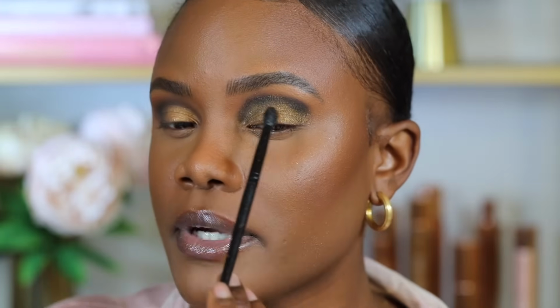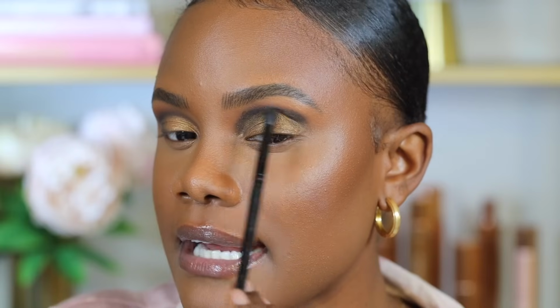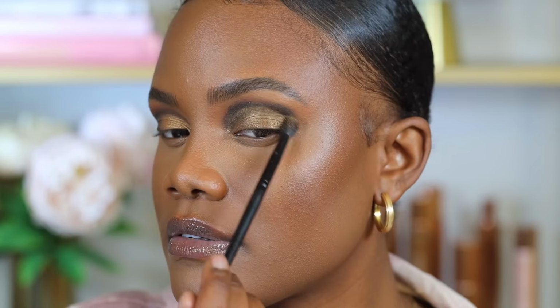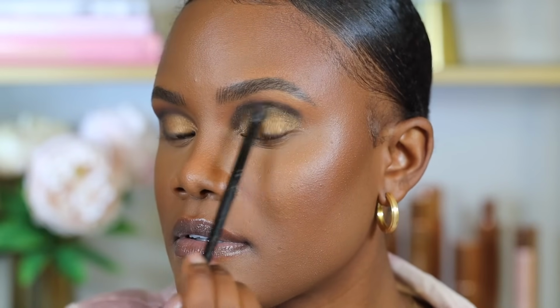So on this eye, I'm gonna use this brush that I placed with the black shadow and blend it out to show you guys, if you use that big eyeshadow brush, how it's going to be hard for you to blend out the shimmer eyeshadow shade with the black eyeshadow shade, because it just goes way above where it should be. And as you can see, as I'm blending it out, I'm getting all this fallout under my eye